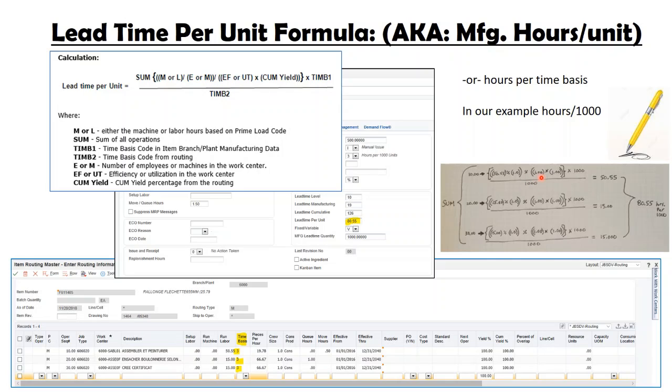So our efficiency was 1, or 100%. Then times the cumulative yield, which was 100%. We're going to take all that and multiply it by the time basis code, which is 1,000 from the item branch, and then divide that by 1,000 that we find in the item routing. That gives me 50.55 hours per thousand